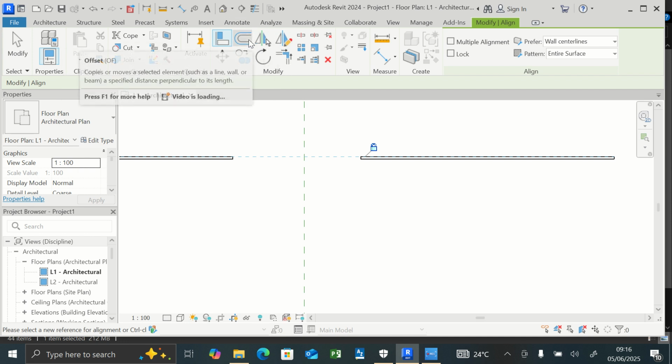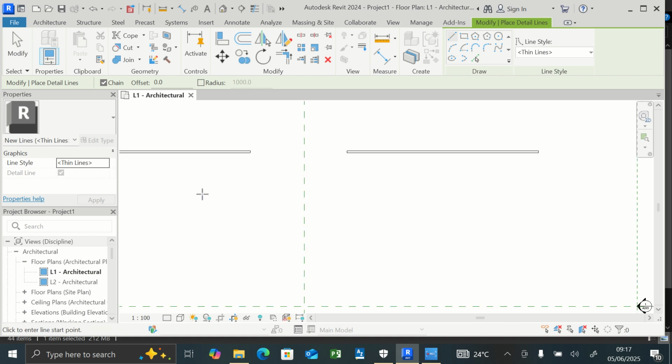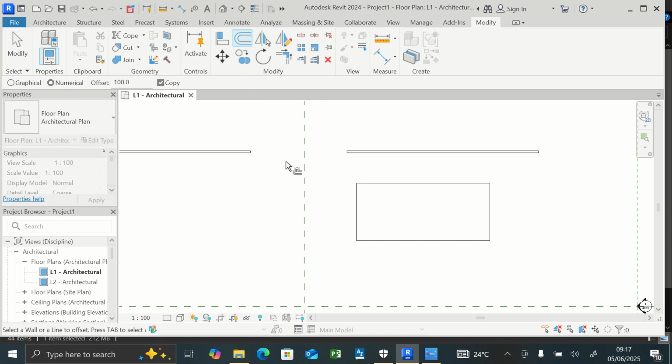Alright, so there are other modifier tools such as the offset, the mirror, and the rest. So let's create a detail line. So go under the annotate tab, click on detail line here. Say for instance, I want to draw a rectangle, so I'll draw a rectangle here. Let's leave it at this point. Escape. So I want to offset this to four sides of this rectangle. All I need to do is to click on the offset here,